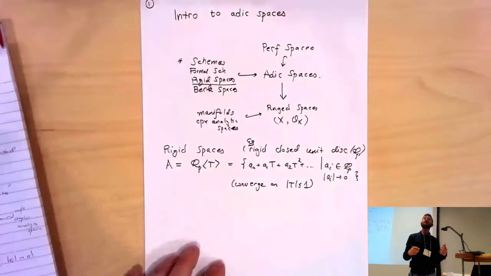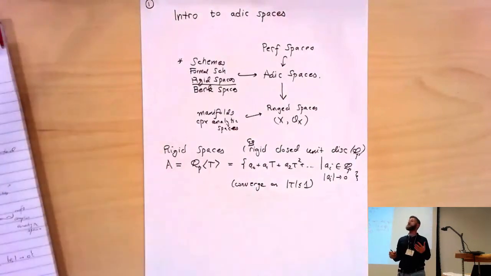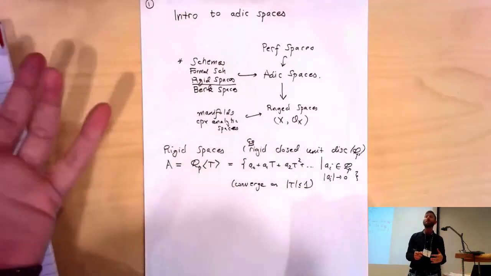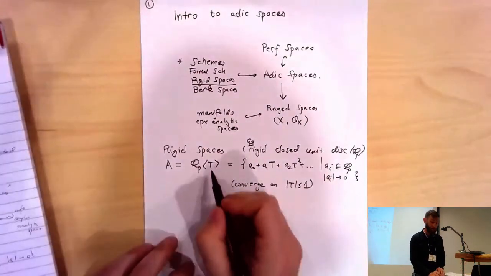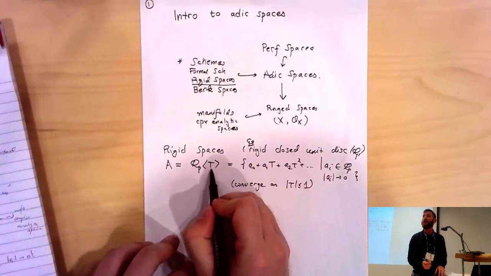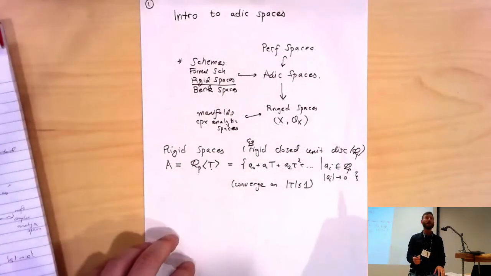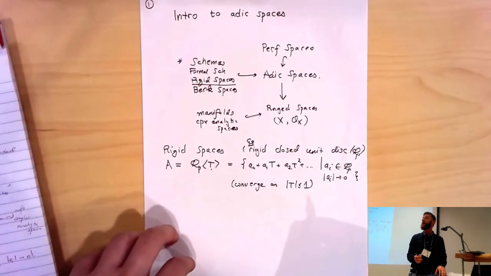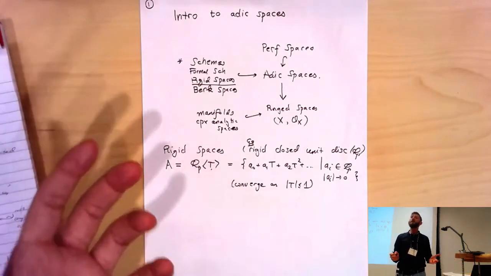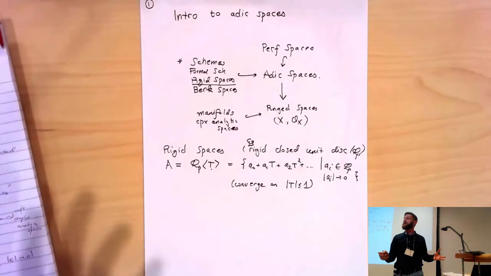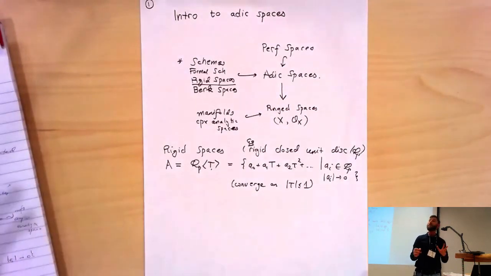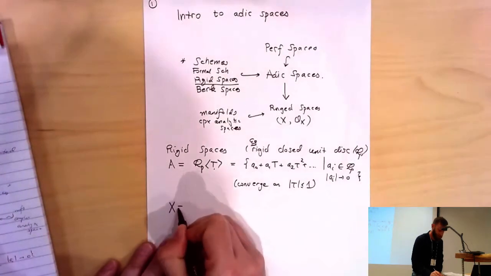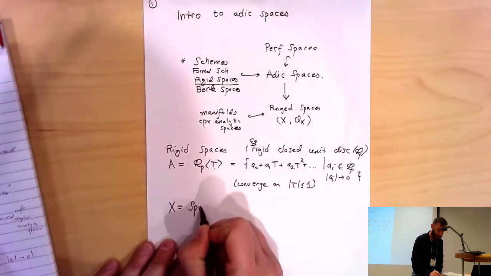And so the model spaces in the world of rigid spaces are built out of rings like this. This is called a Tate algebra. You learn about general Tate algebras. You could adjoin many variables rather than just one, and then mod out by whatever ideal you like. That's a general affinoid algebra over Qp. And then where does the model space come from? Well, you have to turn this into a topological space. How do you do it? Well, in the world of rigid spaces, you take the maximal spectrum. So let X be the Max Spec, Sp M,